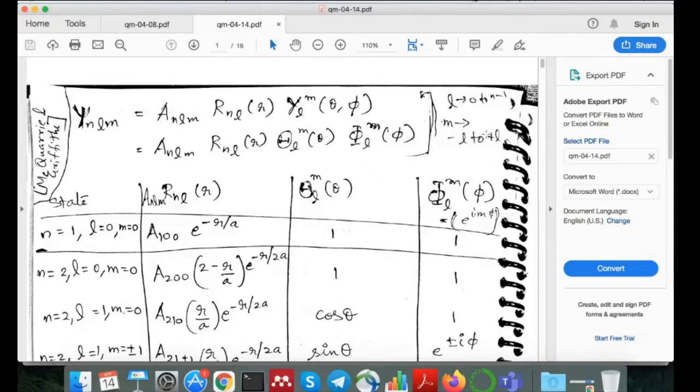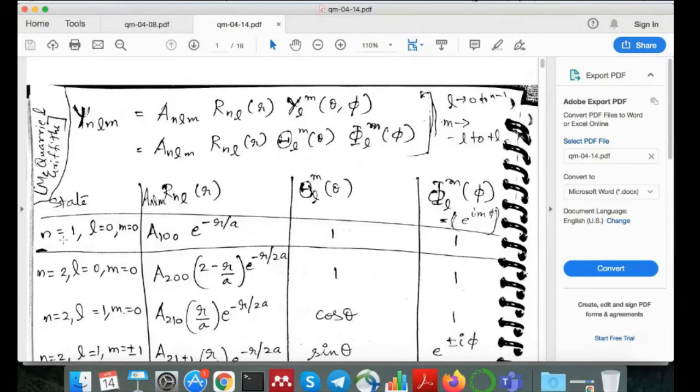I think this we already know, right from the 11th or 12th standard, we have been learning this, right? What is N, L, M? These are quantum numbers, and these represent the energy levels and then the orbitals. This we have been learning, but now you know where it comes from. That was the important point of learning quantum mechanics, because now you exactly know where this N, L, and M is coming from. So now let us look at the different states.